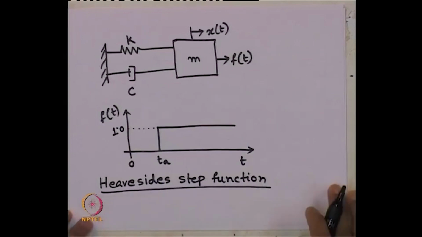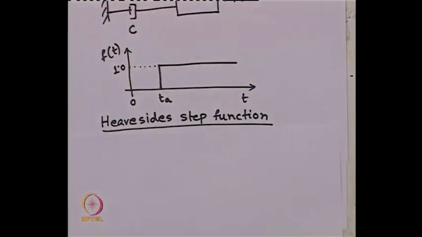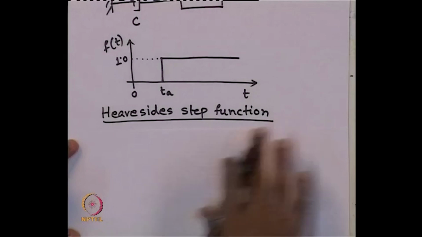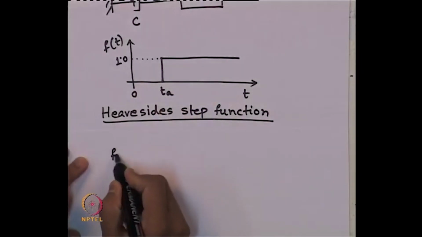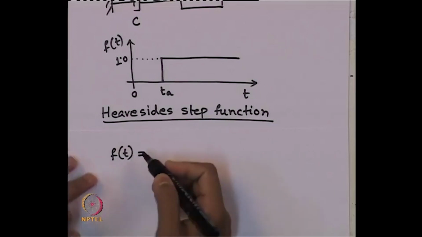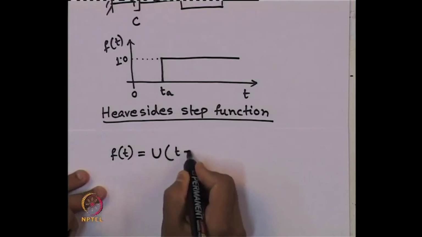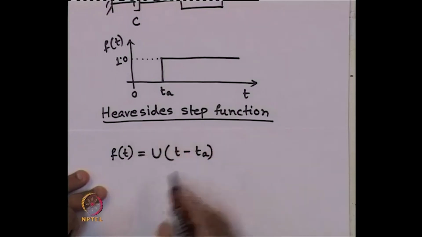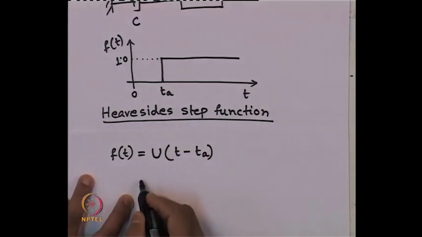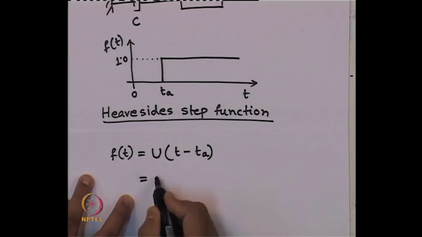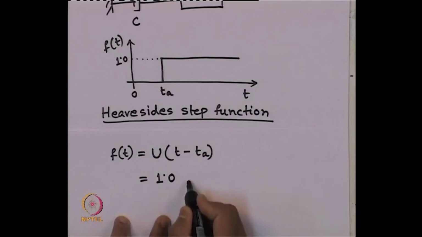So, what is the Heaviside step function? Let us move it a little up. This type of function is known as the Heaviside step function, and how is it expressed? It is expressed mathematically like this: u(t - t_a). The Heaviside step function is expressed mathematically in this form, the magnitude of which is equal to unit magnitude when